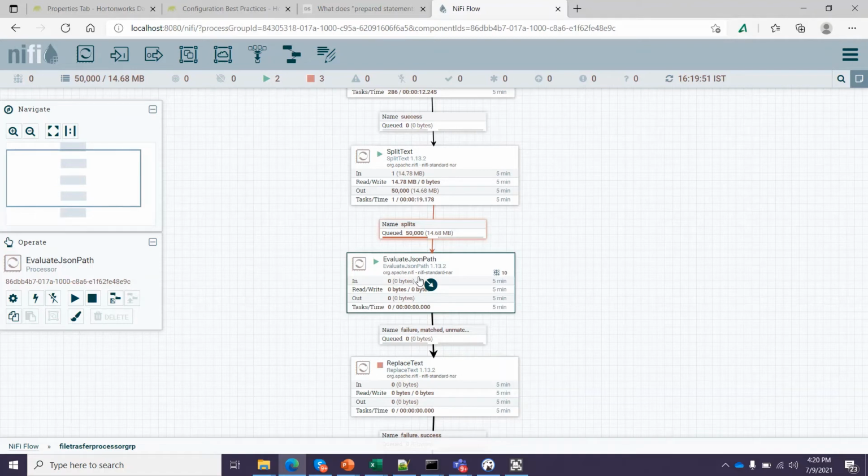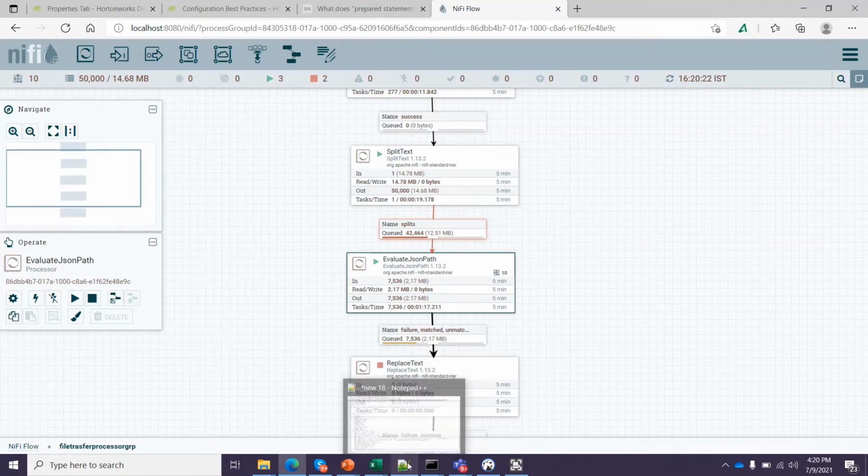What my next processor does is it consumes these 50,000 records, evaluates the JSON path of each attribute, and allocates it to a flowfile attribute.